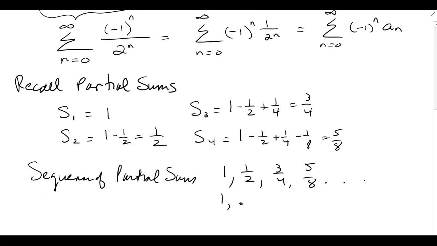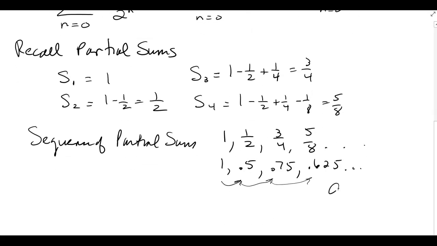That is 1, 0.5, 0.75, 0.625. So what happens is it kind of bounces back and forth. It goes down, then it goes up to 0.75, then it goes down to 0.625. And it will keep going up and down with these partial sums until it will approach